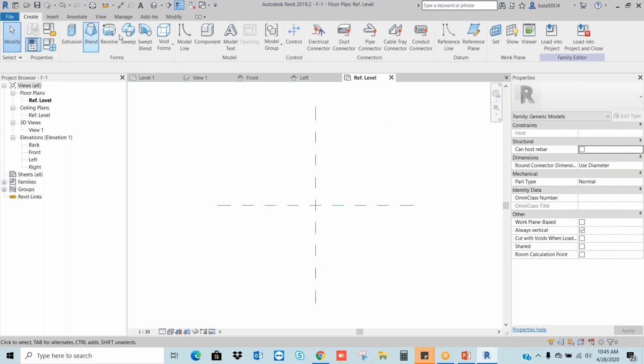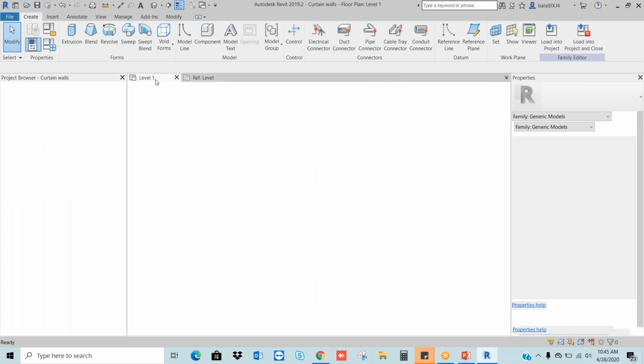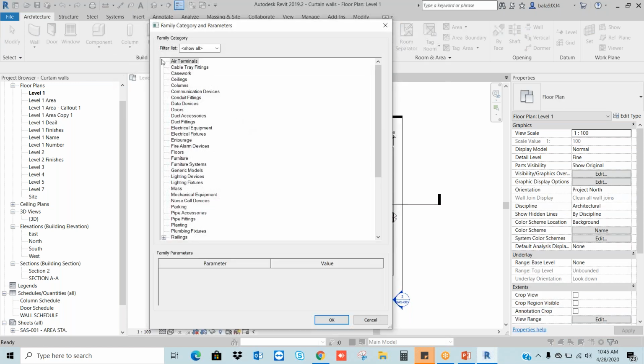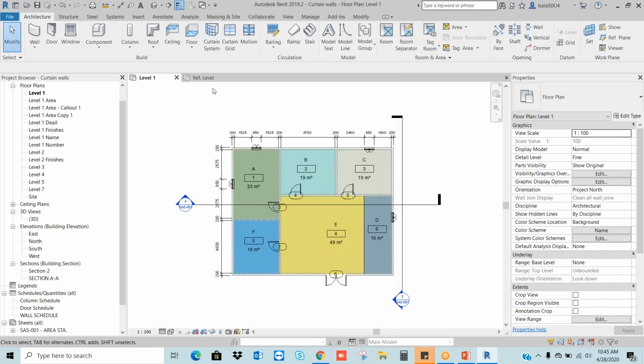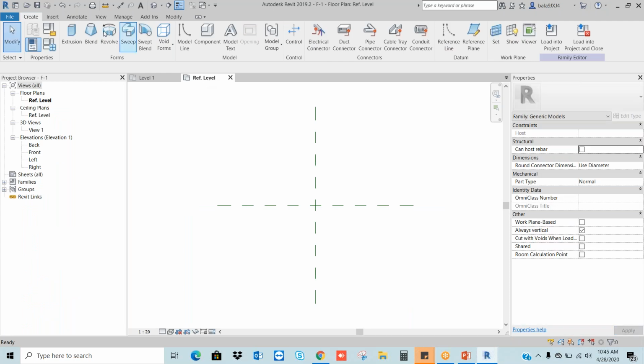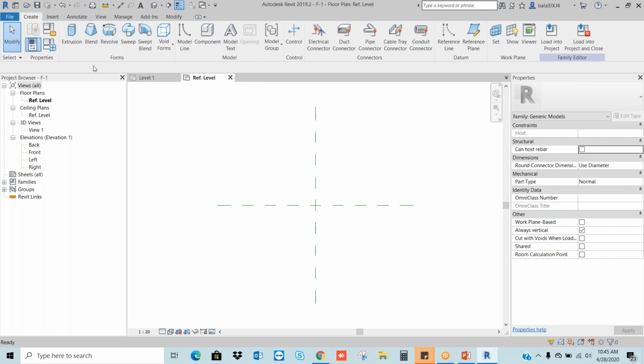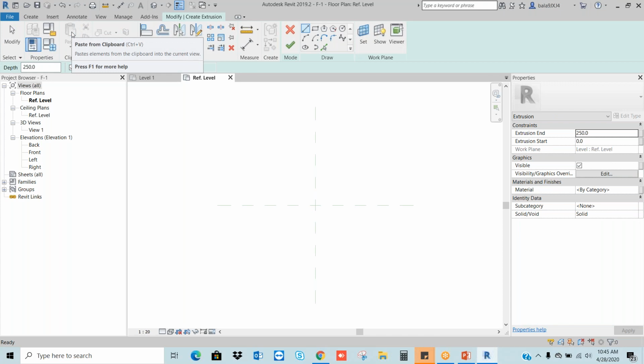Now see, this is a different module to create the 3D model. In the project, we used the component, model in place, and only then you get all these 3D commands. But all these 3D commands are readily available in this module. First, to create any kind of 3D geometry, it should be perfect in these models. Let's say now I am going to choose the extrusion again. When I click the extrusion, I get the draw commands.